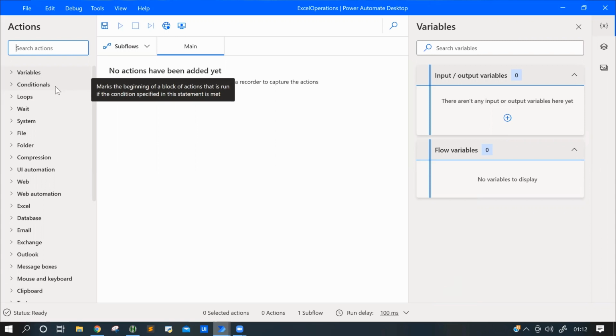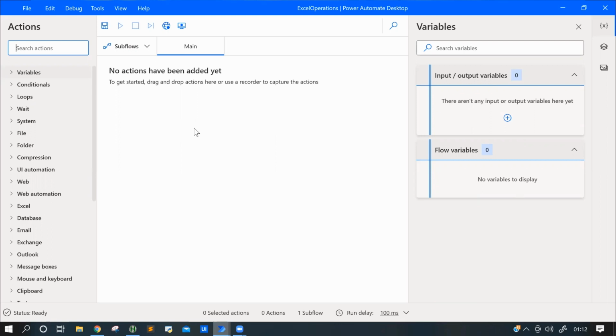I think there are more than 300 actions you can use while creating your workflow. This is your workspace pane, where you are going to write your flow. And this is the properties pane, where your selectors, variables, or whatever things will be stored. We are going to see each and everything one by one.